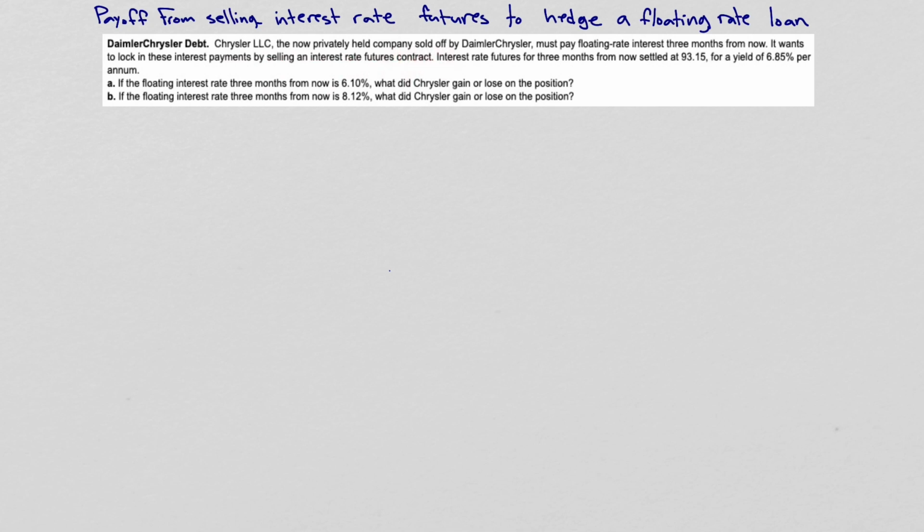And for an interest rate futures contract, if you sell it, what that means is that you're short. And what that means is that you generate money on that futures contract when the futures price falls in value. So if you short an interest rate futures contract and interest rates go up, then it's like a bond price. Just like a bond price, when interest rates go up, the price of this futures contract falls. And so the idea here is that if interest rates go up, which is bad for this company, Chrysler, since they've got an interest rate payment coming up,